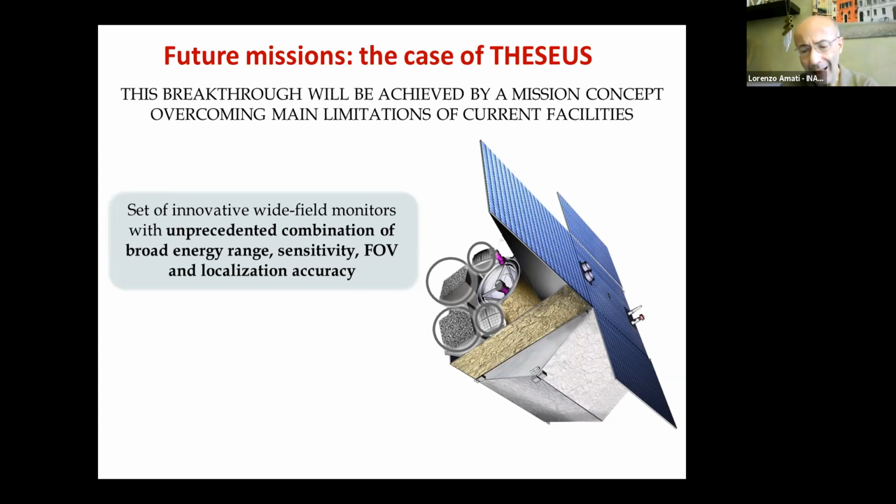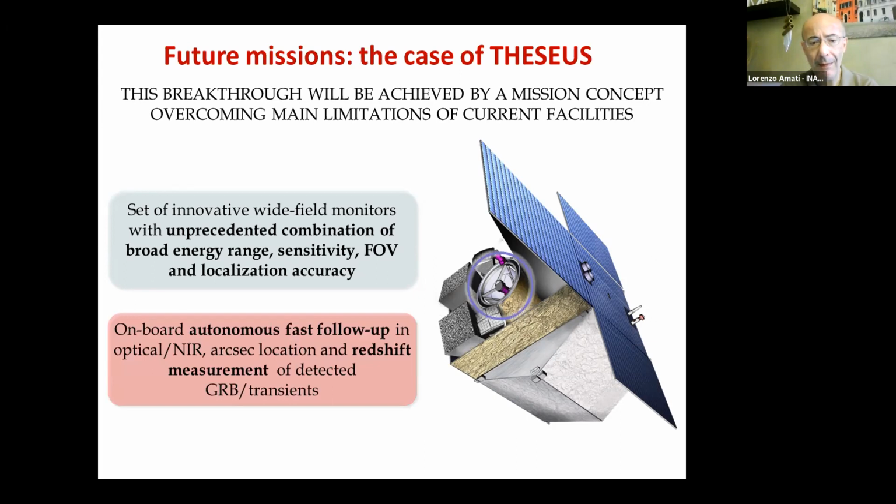This is only a part of what we need, because of course, first of all, we need to detect many more high redshift gamma ray bursts, but we also need to know that these are gamma ray bursts at high redshift. How do we know? We know, of course, through a measurement in the near infrared. As I mentioned at the beginning, it is thanks to the detection, localization, and spectroscopy of the near infrared afterglow, so the decaying light after the gamma ray burst, that we can identify the redshift, the host galaxy, and also characterize this host galaxy through absorption spectroscopy: the metallicity, the neutral hydrogen fraction, and so on.